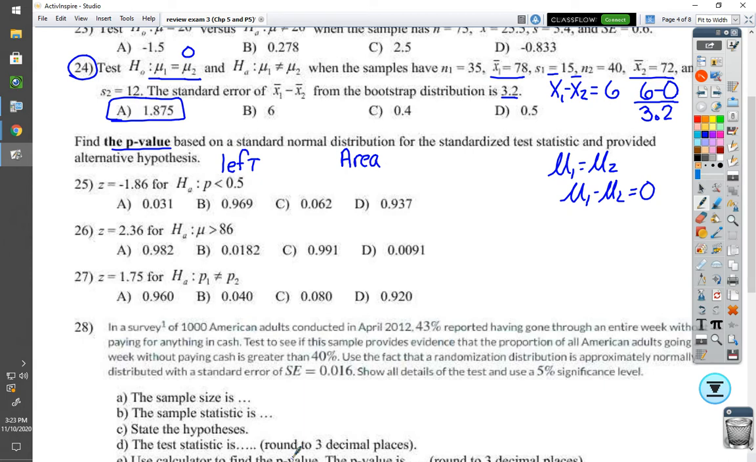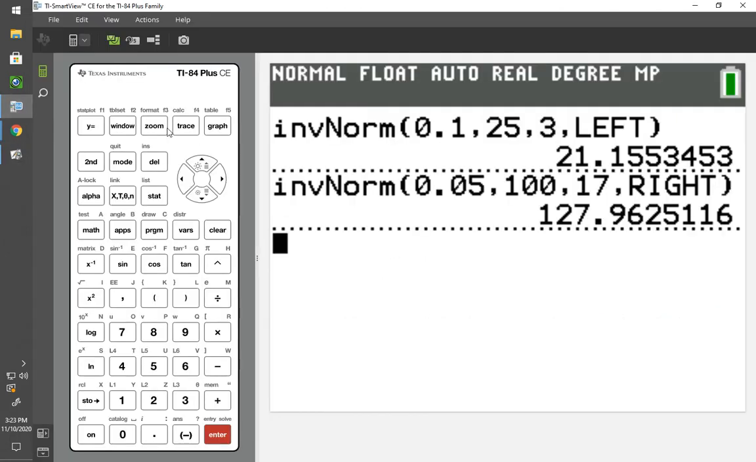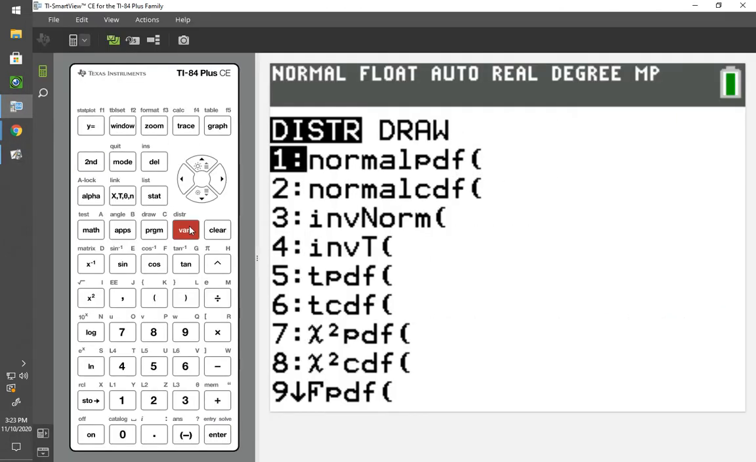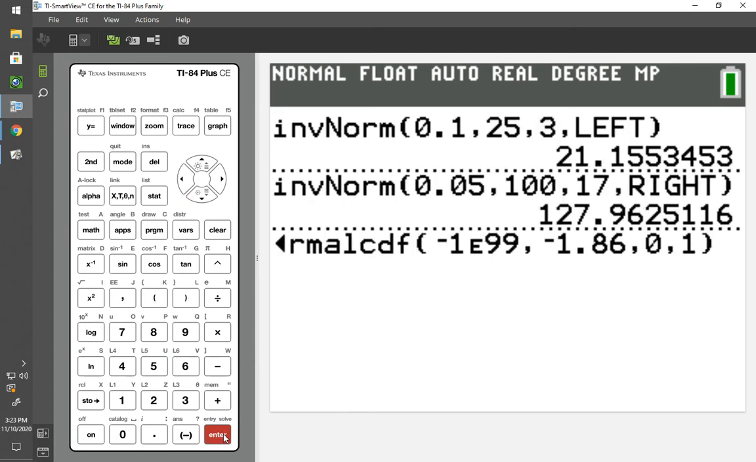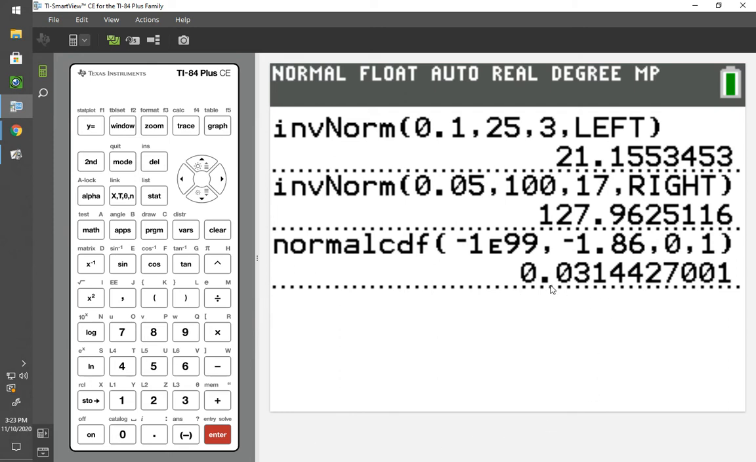So for number 25, we're going to do a normal CDF calculation. We're going to go second, vars, number 2. Now, the lower number, because it's left tail, is negative 1E99. The upper number is negative 1.86. It tells us that in the question. It's got to be a 0 and a 1 because it's a z-score. Anytime you see z's, it's always 0 and 1. Our calculation is